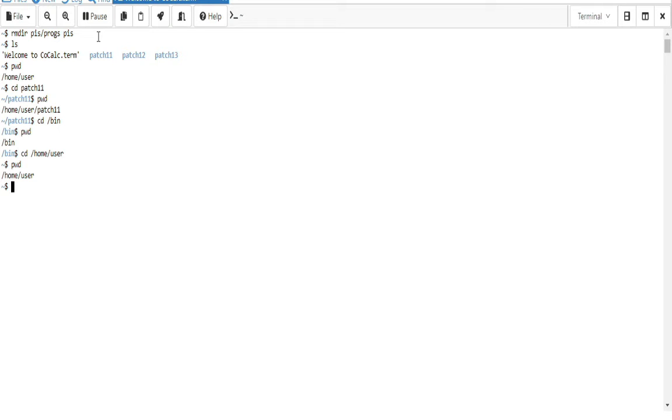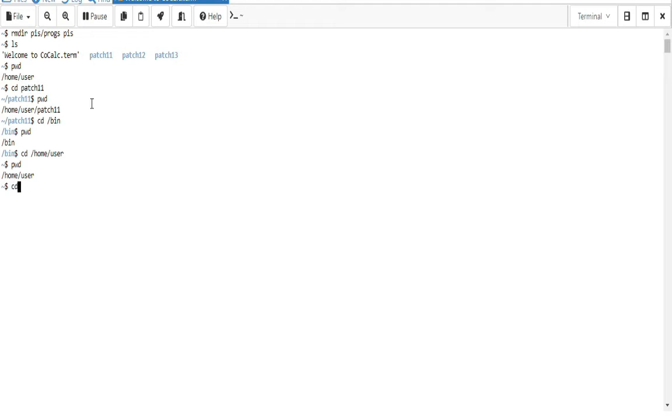Okay, home user. See which options are available here. You can specify a single folder or folder names, starting from the root. This is the path you have to specify, or you can specify the complete path, or if you want to move to any other subfolder within that folder, you directly specify that subfolder name.